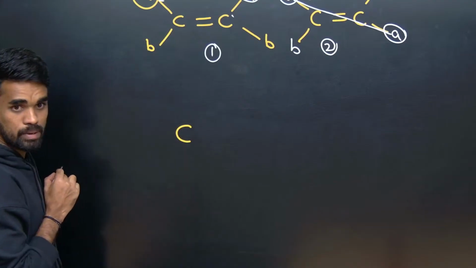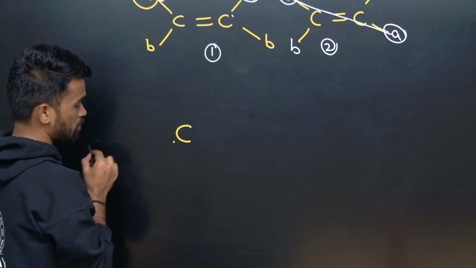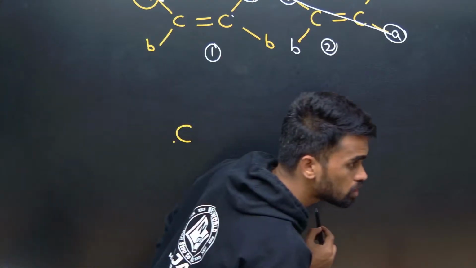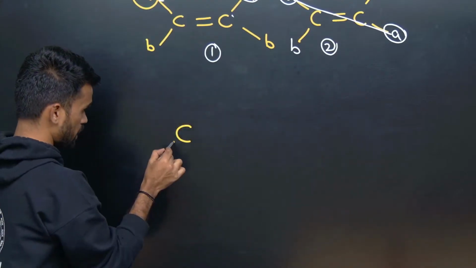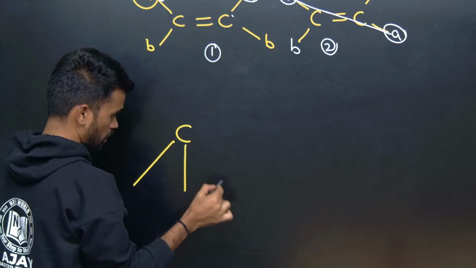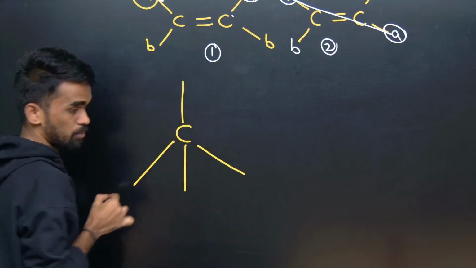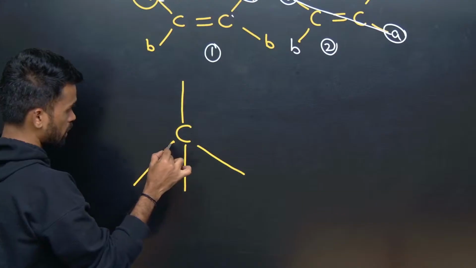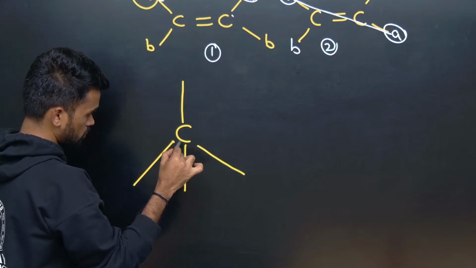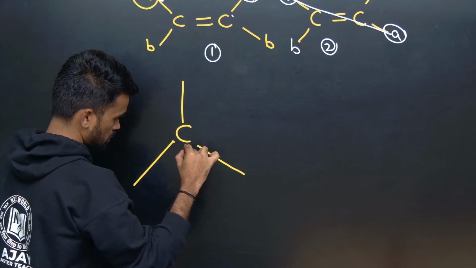See, I am writing carbon. What is the maximum valency of carbon? 4. It means I can place 4 bonds on this carbon. Like this I am placing. So on one carbon, let me write this as